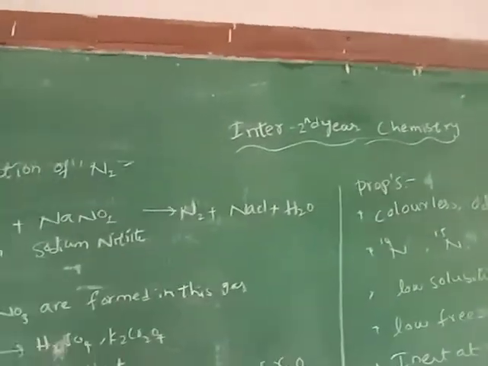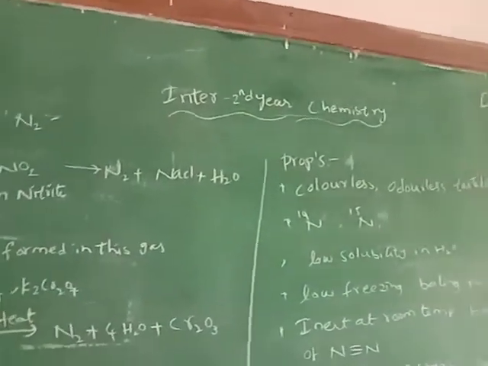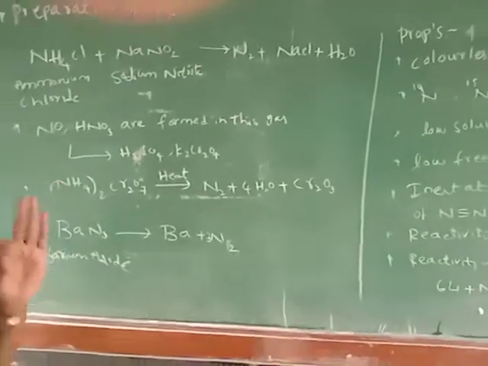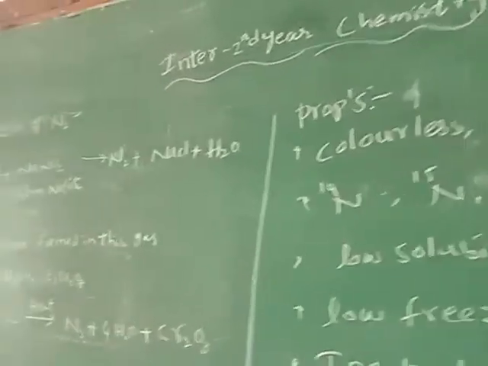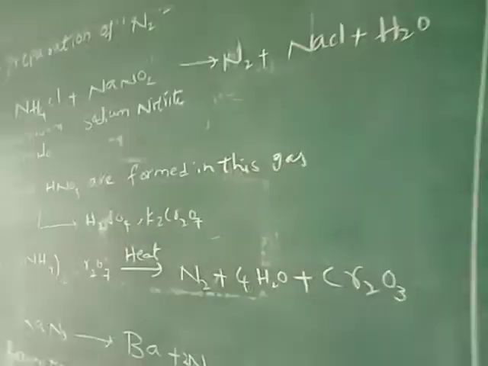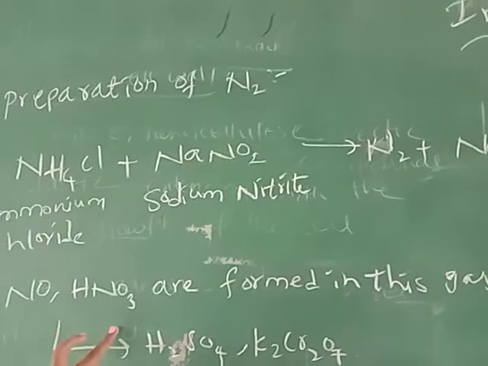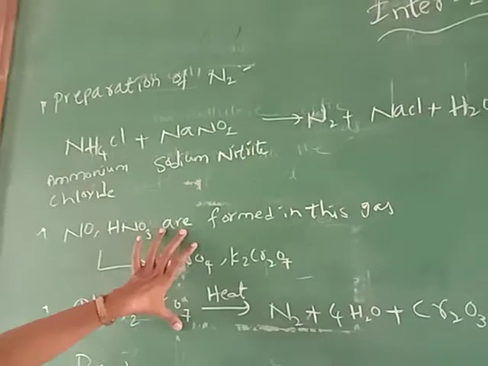Students, now I am going to discuss an intermediate second year chemistry topic, that is p block elements. The introduction of the p block elements is already completed. What is meant by p block, what are the characteristic properties of p block elements, how many groups are present in the p block, what is the 15th group element, what is its definition, what elements are present in the 15th group, and the general properties like electronic configuration, ionization enthalpy, atomic size, electronegativity and metallic properties are all completed.